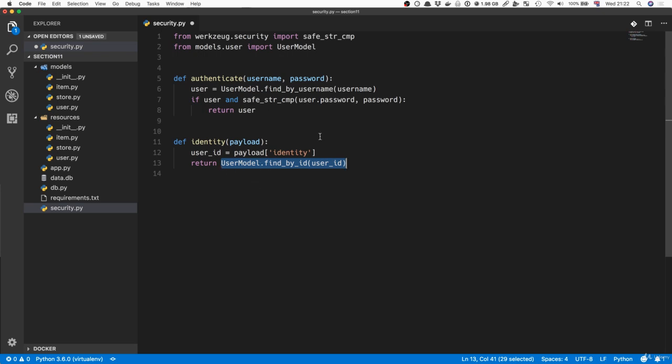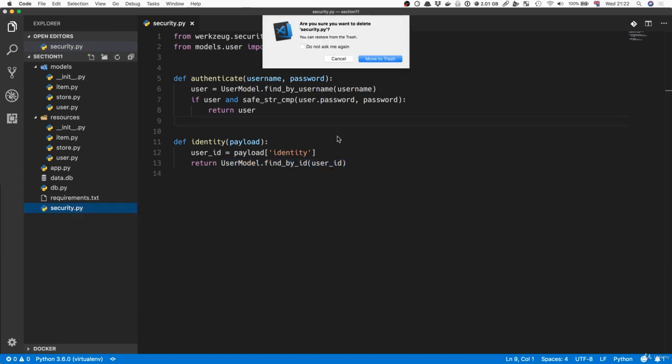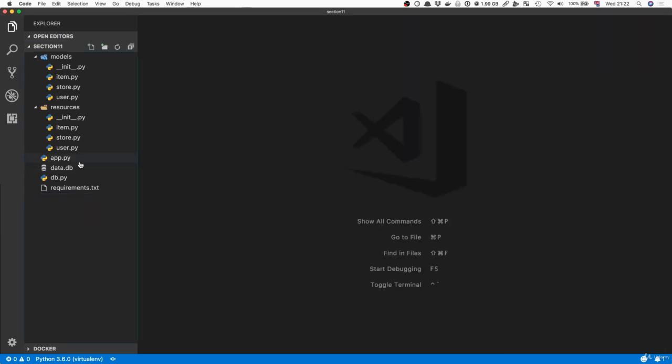Now, Flask-JWT-Extended requires a little bit more code because it doesn't have that magic in the background doing things for you. Now, it doesn't do things for you, which can be bad, but at the same time, it actually becomes more explicit. It becomes clearer what it's doing and what it's not doing because you are telling it exactly what should happen. So I actually quite like Flask-JWT-Extended, and in this video, we're going to learn how to do the login. So let's go ahead and delete security.py. We're not going to need security.py any longer, so we can move it to the trash, get rid of it,